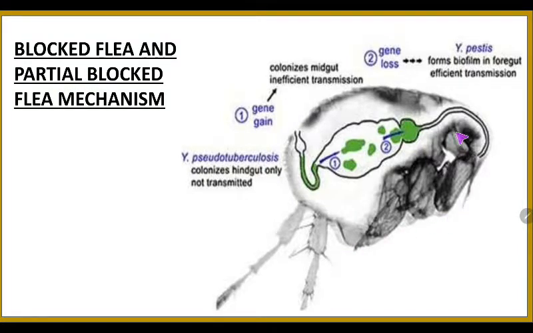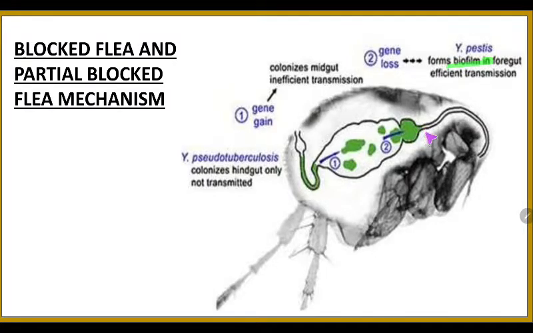Basically, this is flea, and this flea will feed on the blood. Now, as it feeds on the blood, the bacteria which we are speaking about, Yersinia pestis, will enter the gut. The proventriculus is the part in which this bacteria will form biofilm. As this bacteria forms biofilm, this will either partially or completely obstruct the tract. If it partially obstructs the tract, then we are labeling it as a partially obstructed flea. If it is completely obstructing the tract, it is a completely obstructed flea.